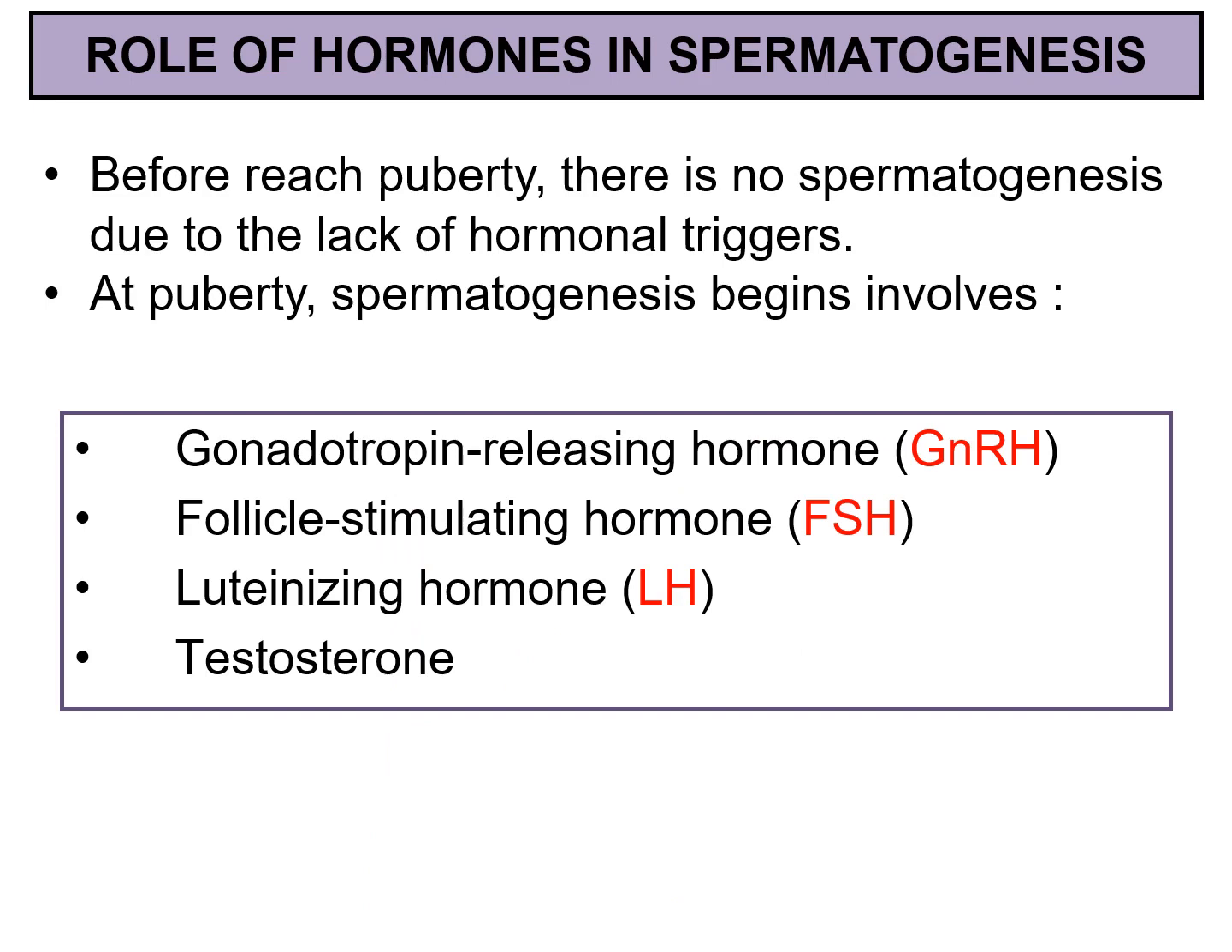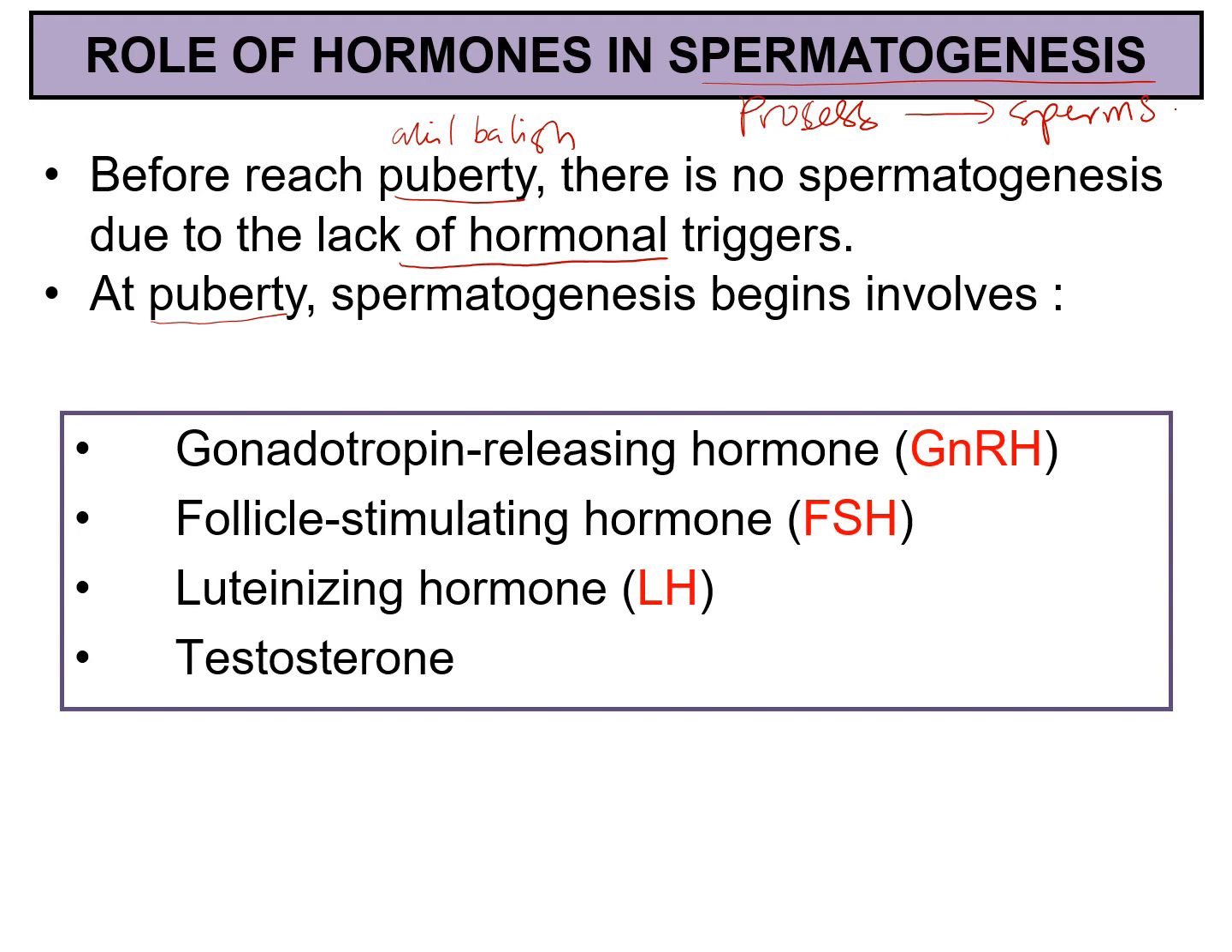Let's look at the hormones that are involved in spermatogenesis. Spermatogenesis is actually a process that produces spermatozoa. Before males reach puberty, dalam bahasa Melayu dia adalah akil baligh, there is no spermatogenesis because there is a lack of hormones that trigger the body to start spermatogenesis. So when males reach puberty, spermatogenesis